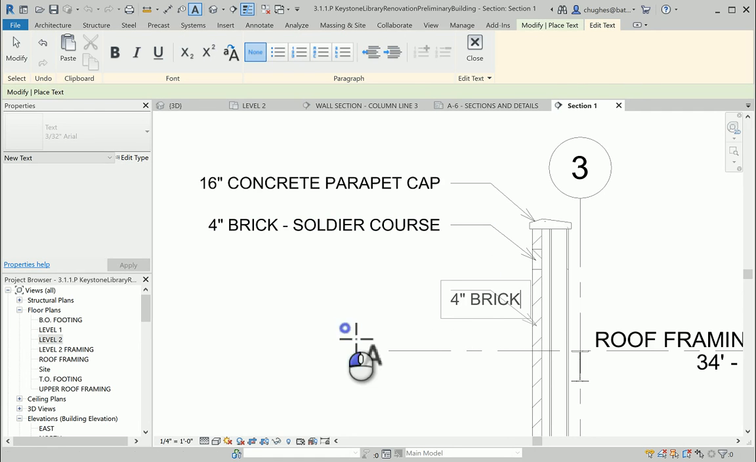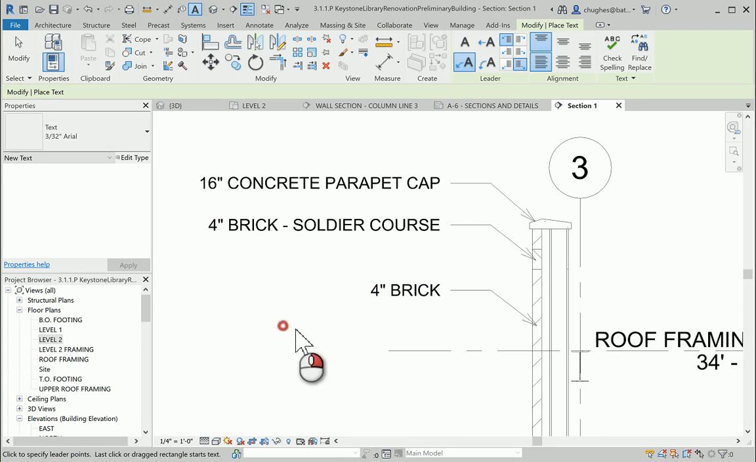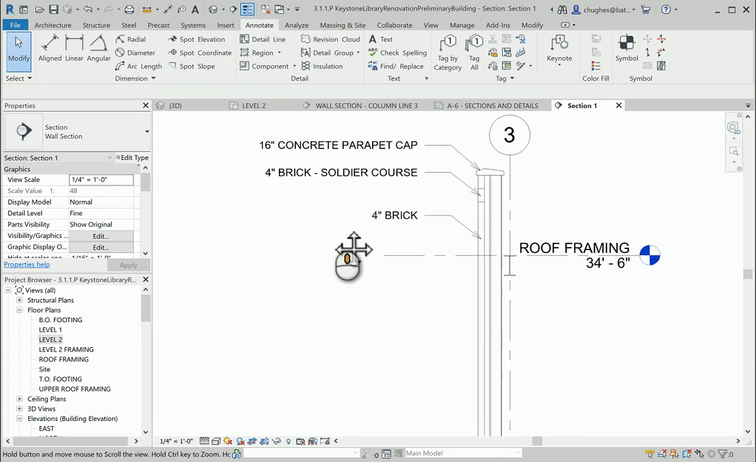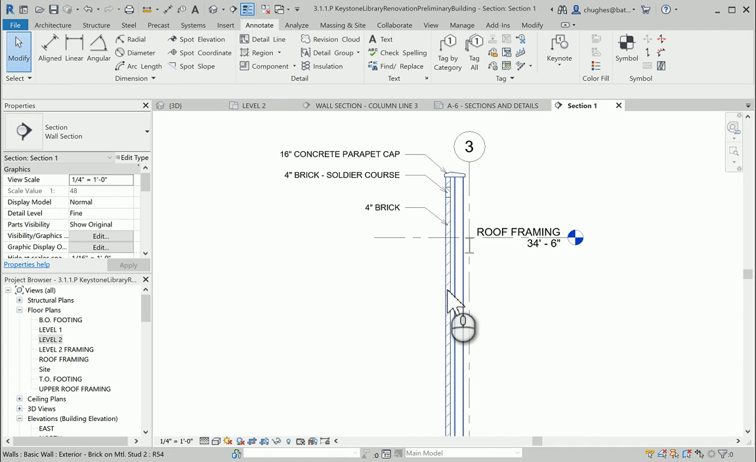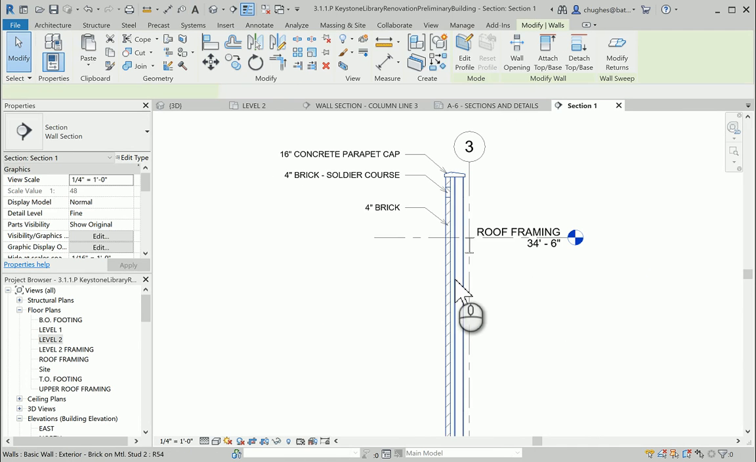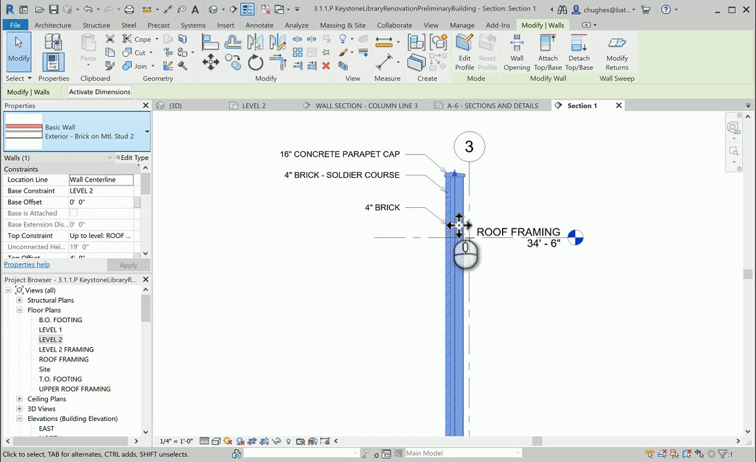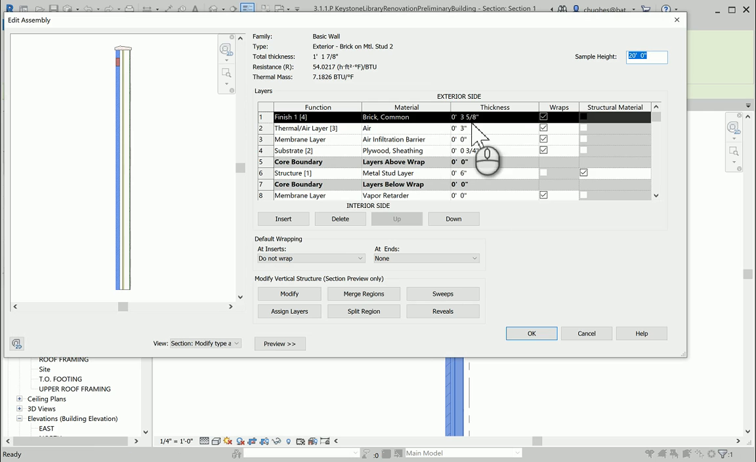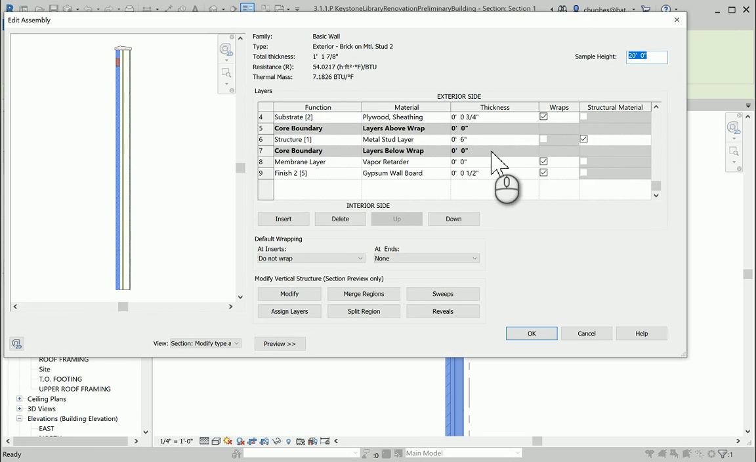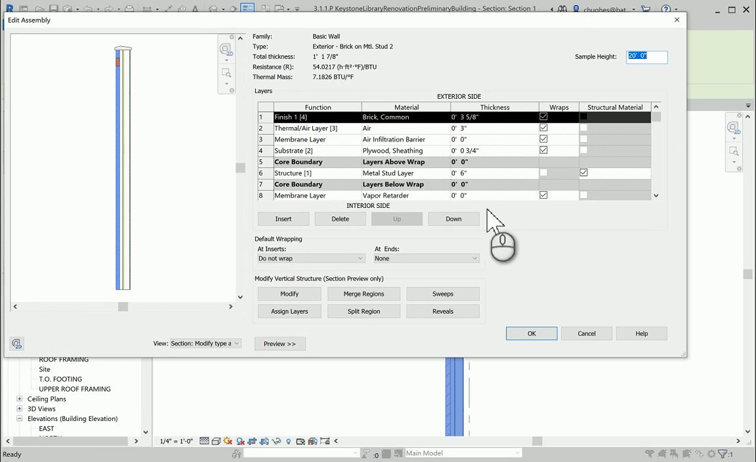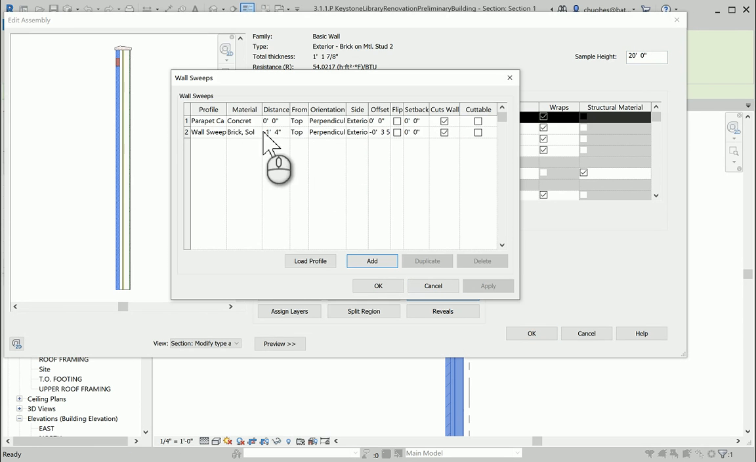Now I'm going to stop at this point because it continues to be repetitive as far as drawing and labeling those items. What I've found is if I select the wall, and I can do that right here in the section view, choose edit type, go to my structure, and I wrote down some of the materials as well as the thicknesses for the wall, and that's what I'm putting on for the section view. I also used, for example, the sweeps. So here are the sweeps. So the parapet cap, 16 inches